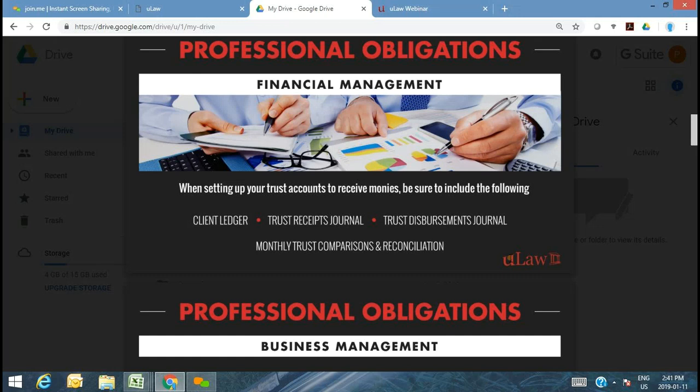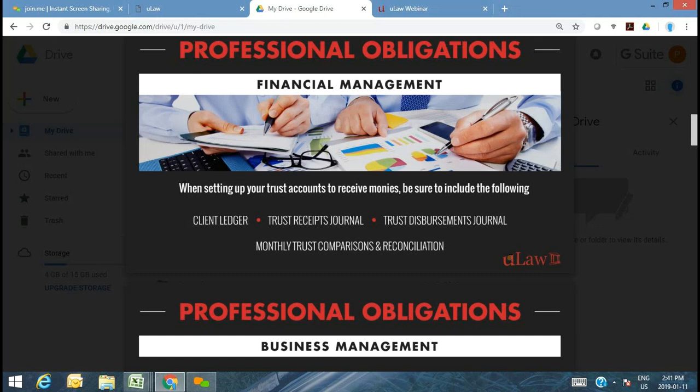Receipts for payments to the trust. Disbursements, that's another type of journal for trust. Let's say we look at that first. We're looking at trust ledgers, trust receipt journals, trust disbursement journals. So that's when you actually pay for disbursements, which are expenses on behalf of a client file, and you're paying for that out of your trust account. Certain law firms tend to pay for actuals such as court fees, application fees, and actually write trust checks to pay for these because it's straightforward. It's one less work to be done, less headache to manage and maintain those.